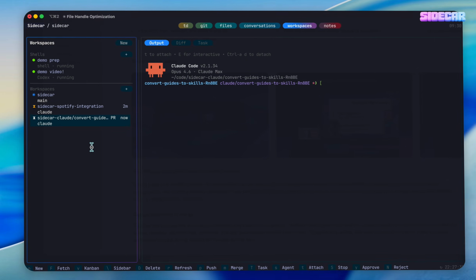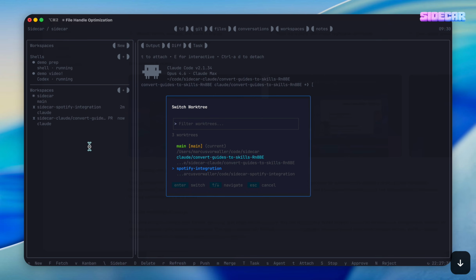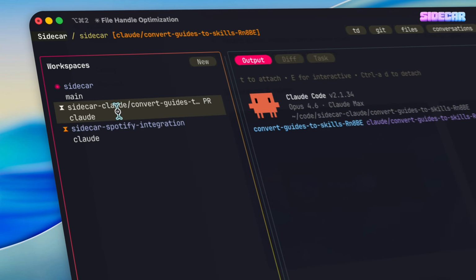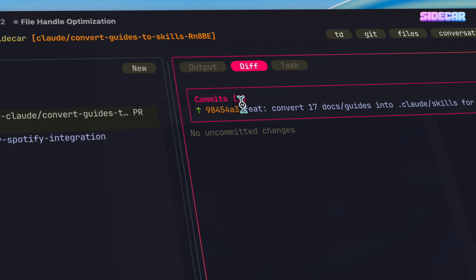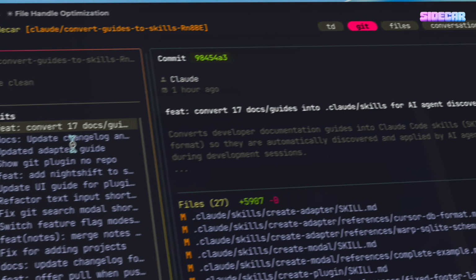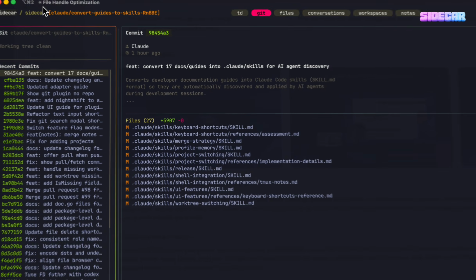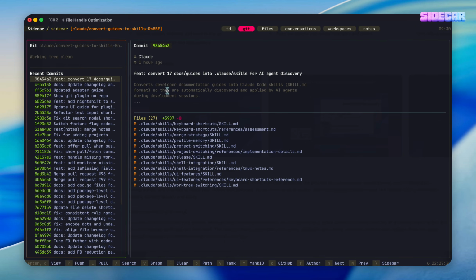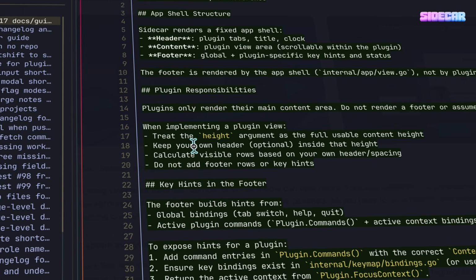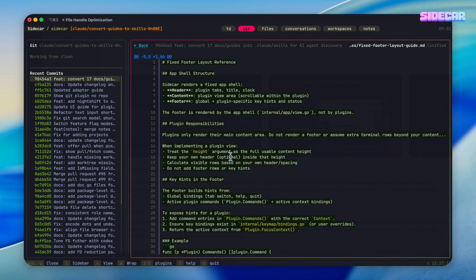So that's with the capital W shortcut. You can see we have our Spotify integration work tree that we just created. And now we have this converting our guides to skills work tree. And I should be able to see the diff of changes that happen here. I can see them here, so I can see that there was a commit. And then if I go to Git, I can see what the commit was. I'm now inside of this work tree, so everything is in that context. And then I can see how Claude did converting my markdown file guides to markdown file